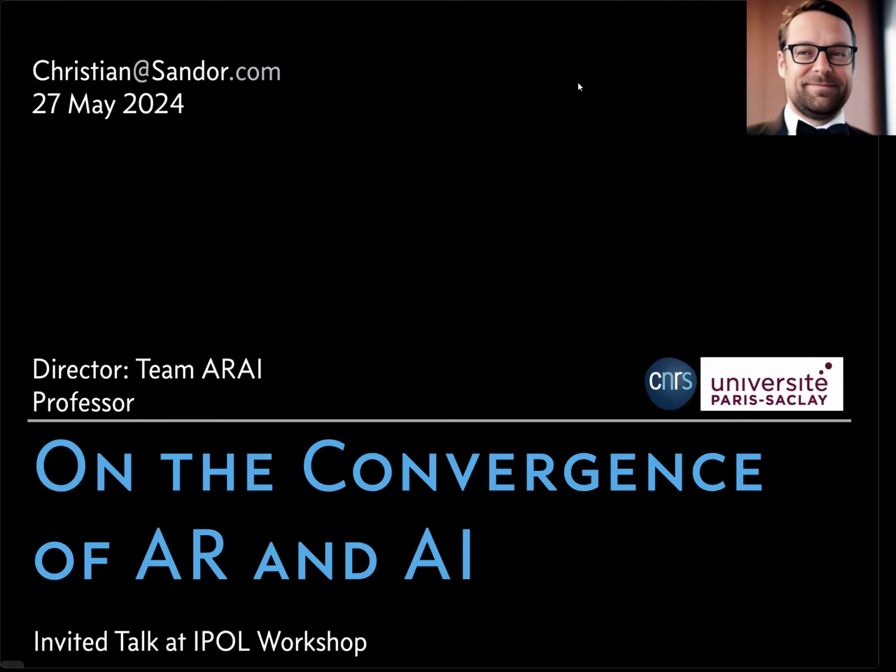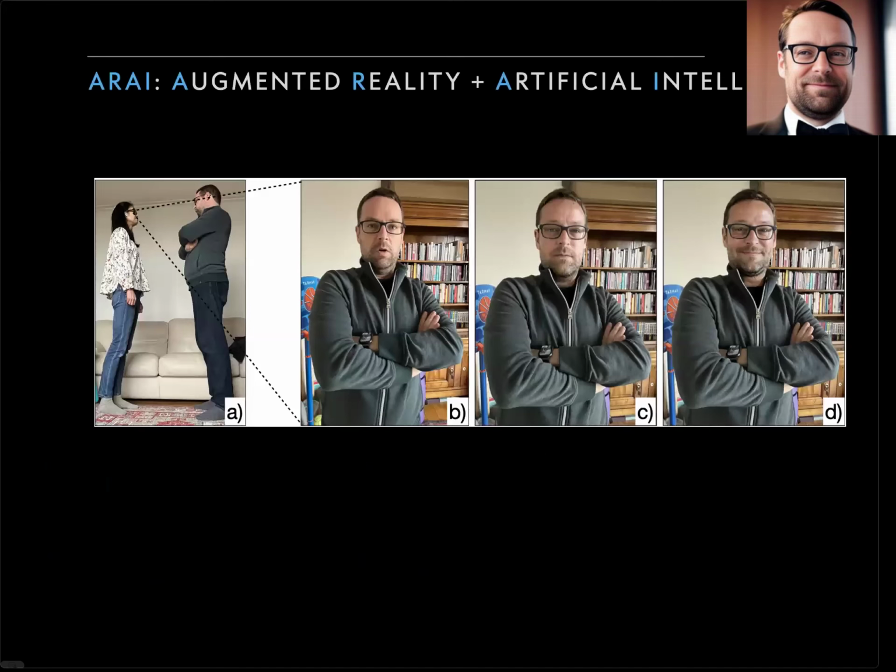Okay, let me start with an example. You can see it's me and my wife, and we are fighting. B is a photo, the bird view of me. Now C and D are AI generated. In the photo B my expression is angry, C is neutral, and in D I'm smiling. This is really using a diffusion model, and I will explain in more detail how it works. But you see, it's not just a cheap thing where my mouth is changing; my eyes and actually all the muscles in the face are working, and it really makes a new face.